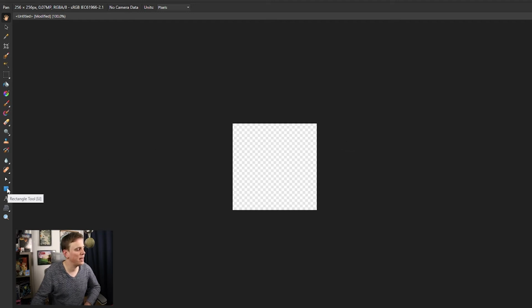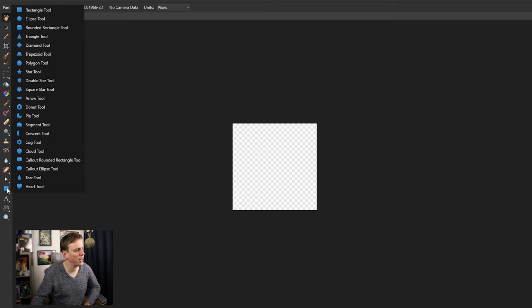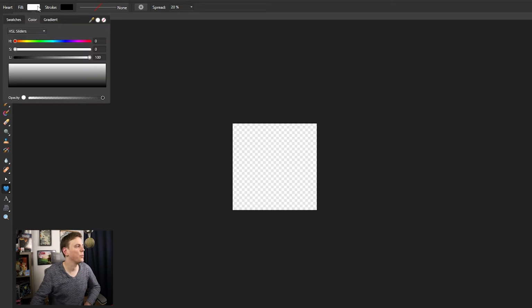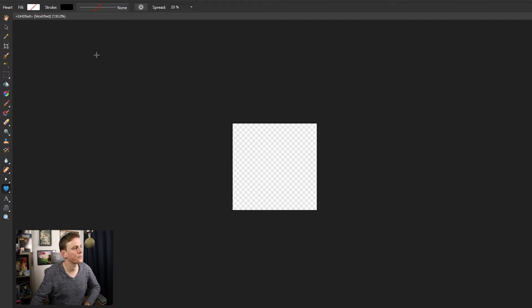And then I'm gonna go to the rectangle tool, but I'm gonna click and hold, and give a nice heart border. So we're gonna go up to the heart tool, and then along the top here, we've got our fill and our stroke. Remember, this is just a border, but they did say that they wanted it black or white for the actual border. So we don't want any fill. We're gonna click on fill and then click here, so we've got nothing. And we'll go up into stroke,